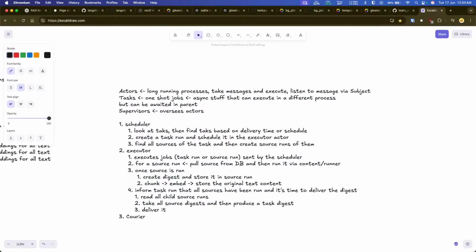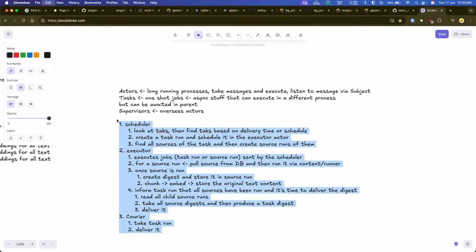Beautiful. So the courier will take a task run, deliver it, done. Simple. So this is basically the entire queue. I'll copy it as well,